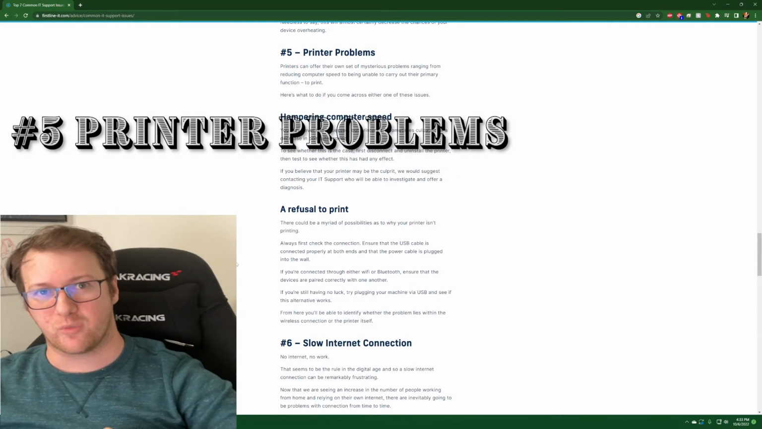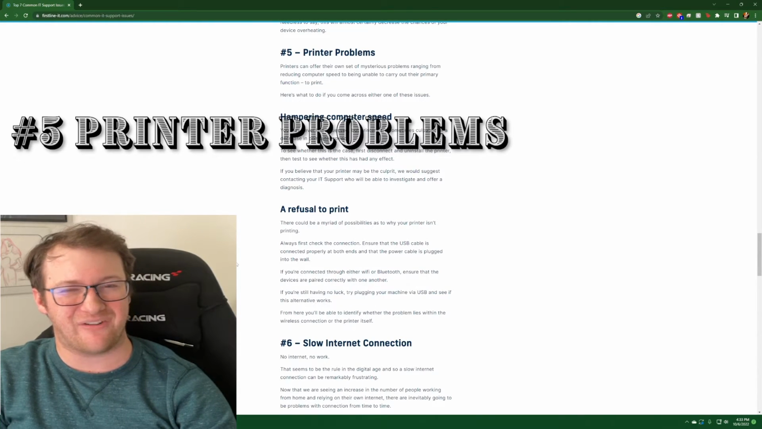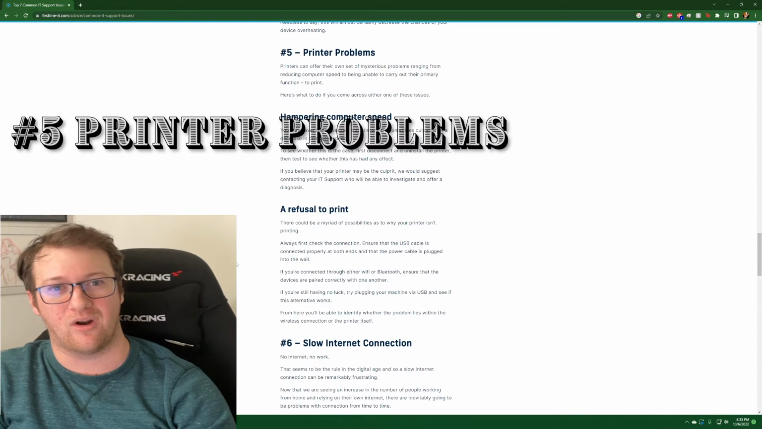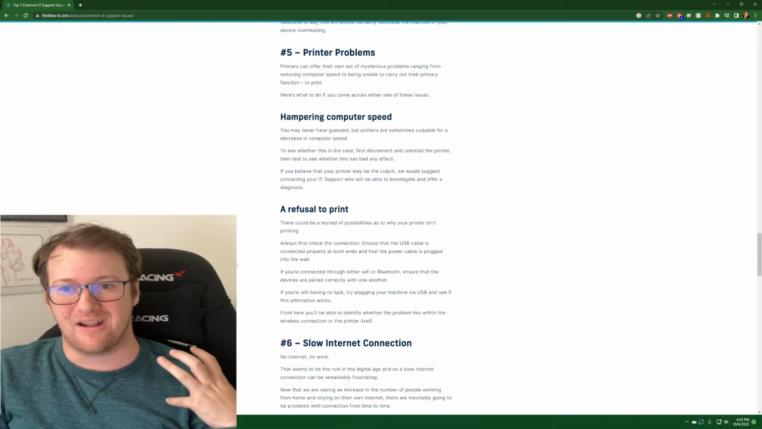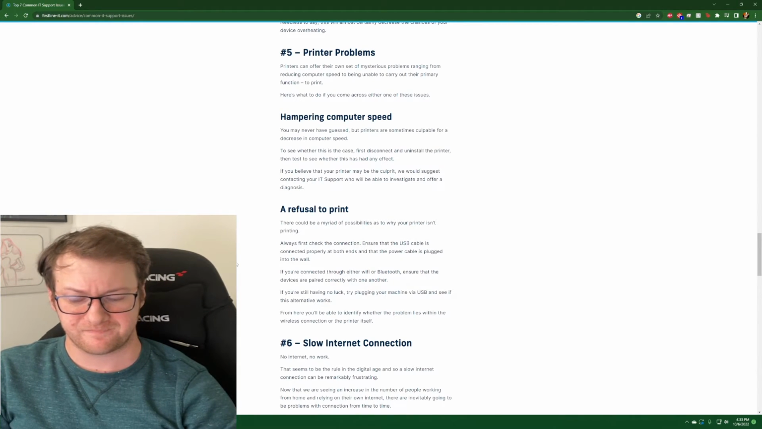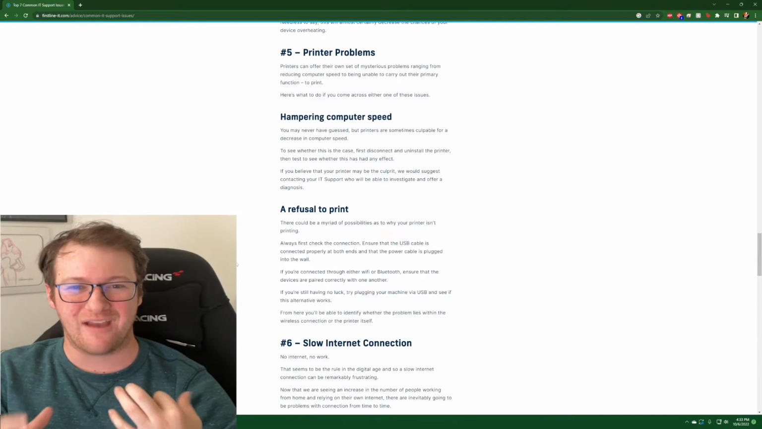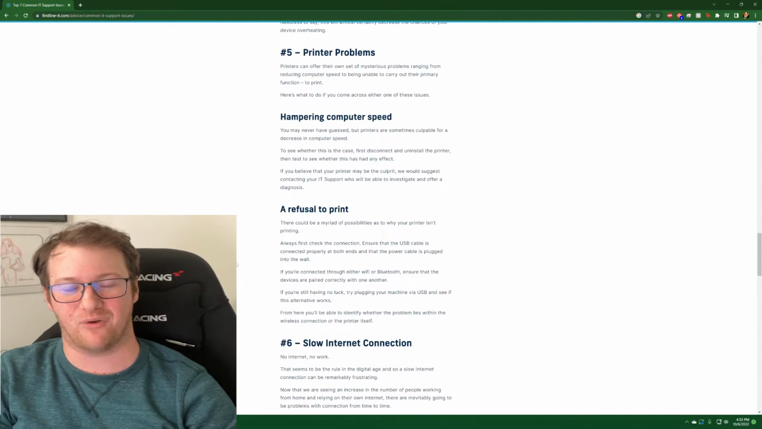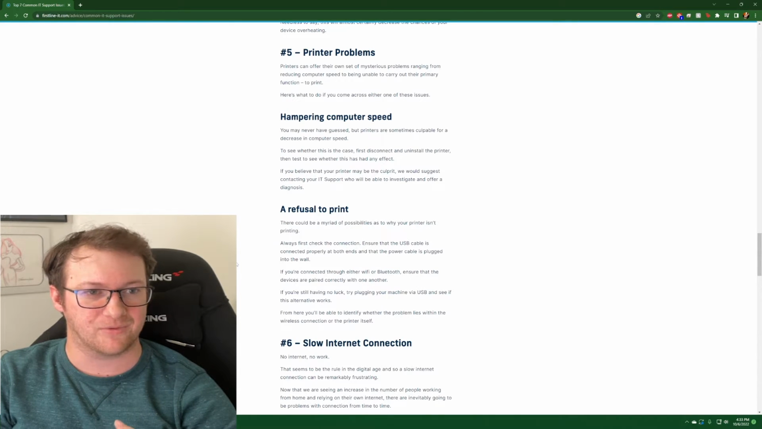Number 5 is printer problems. Now, when you're working with your printer, it can be very finicky depending on the printer you're working with. I'm planning on doing a video on the printer that me and Caitlin use here. Printers are tricky. When you have different things happening with your printer, it could be a handful of things. Checking to see if there are any stuck jobs, checking to see if there are any jams in the printer,